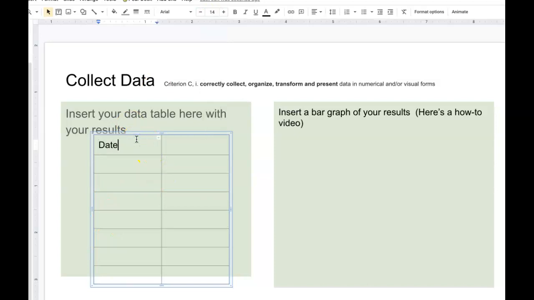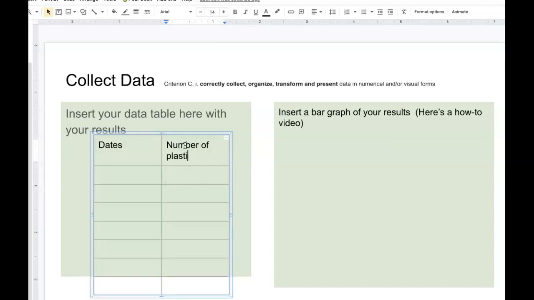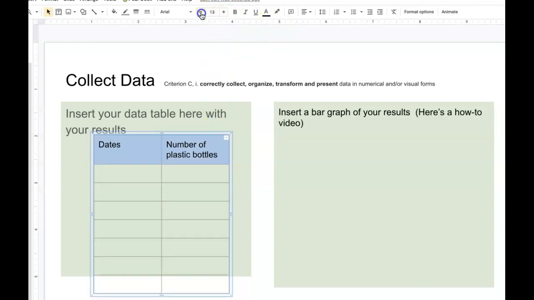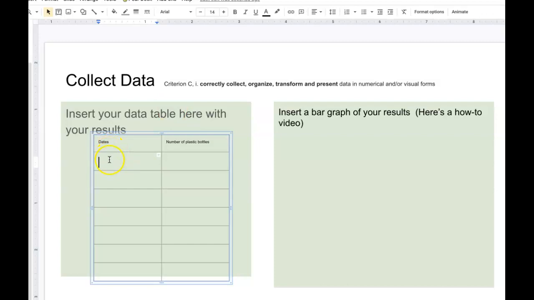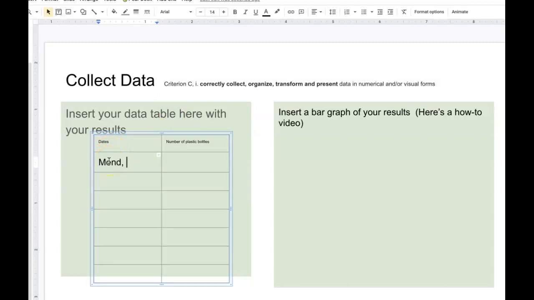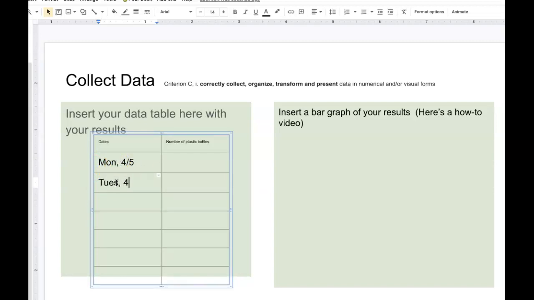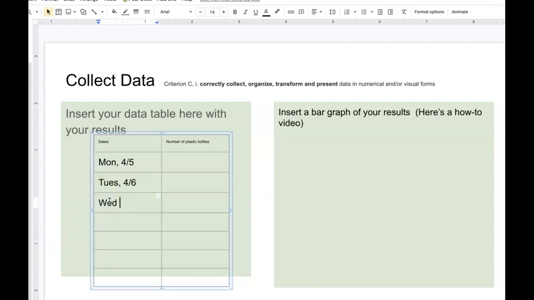And these are the dates. And these are the number of your dependent variables. So for example, I'm counting my plastic bottles. Make sure that it's small enough. And then this will be my dates. This is 4/5, Monday 4/5, Tuesday 4/6, Wednesday